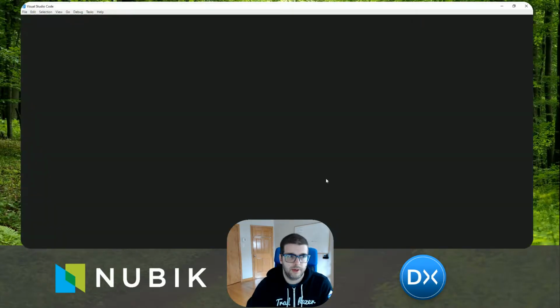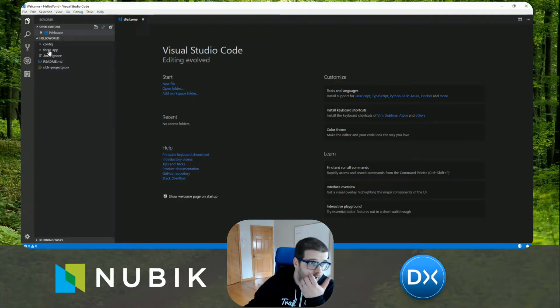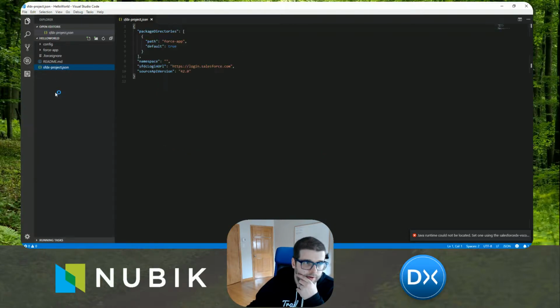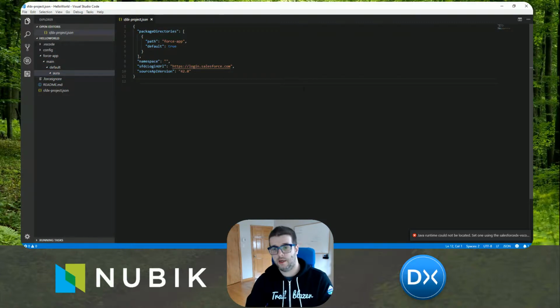So code will open Visual Studio Code, and with my folder open right away, that's why I add code dot. You can have a look at this SFDX project. It's all there. For Apex, it's blank for now. So let's create a